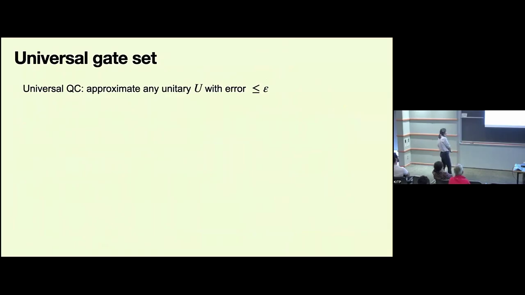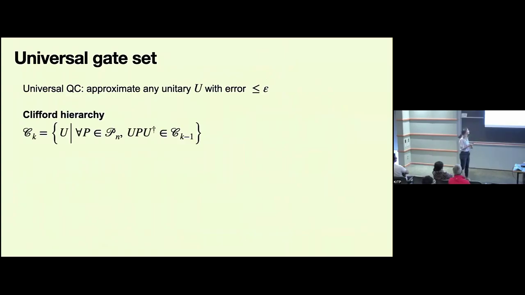And then when it comes to universal quantum computation, the goal is to be able to approximate any unitary rotation on the logical subspace with a given accuracy. And a very natural object that emerges when talking about bases that generate such universal rotations when it comes to these Z2 Tori codes is the Clifford hierarchy. So that's just a way to classify the basis for the gates that we use to generate these rotations.